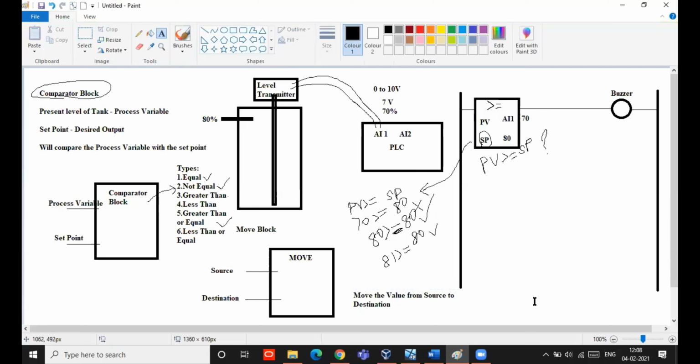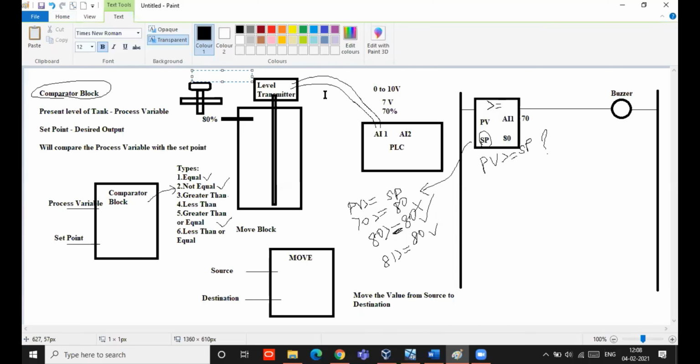For example, just assume the same process. In the same process, I have an inlet valve here. Just assume I have a valve here. This valve is analog. The type of this is an analog valve.